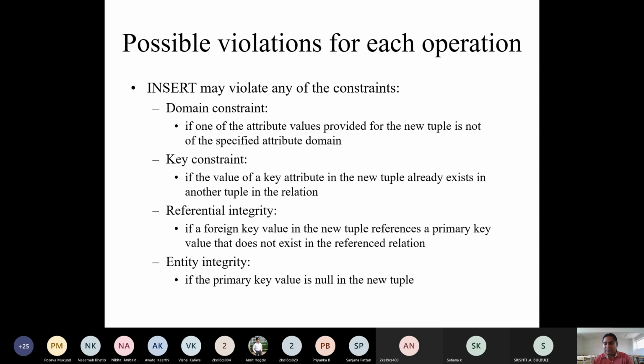If a foreign key value in the new tuple references a primary key value that does not exist in the referenced relation, so you're trying to refer to a value which does not exist in the primary key, then obviously the referential integrity constraint will apply. You have observed the parent key not found error when I was inserting. With this problem only, I did not recommend you all to go with the online IDE kind of platform.